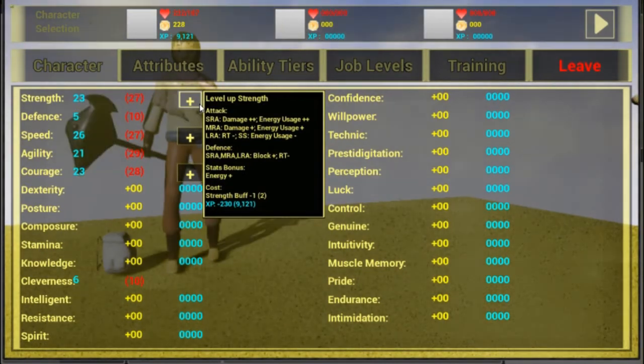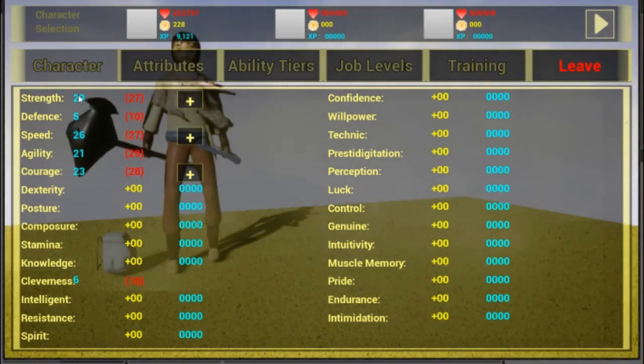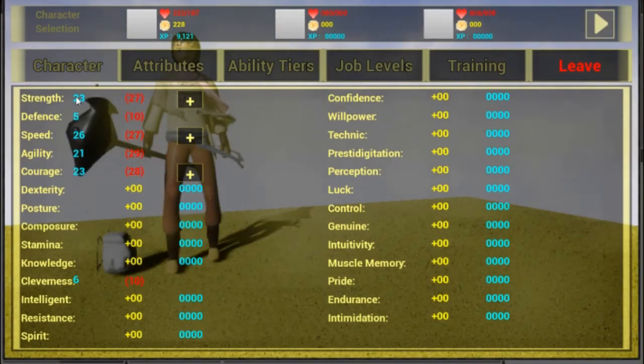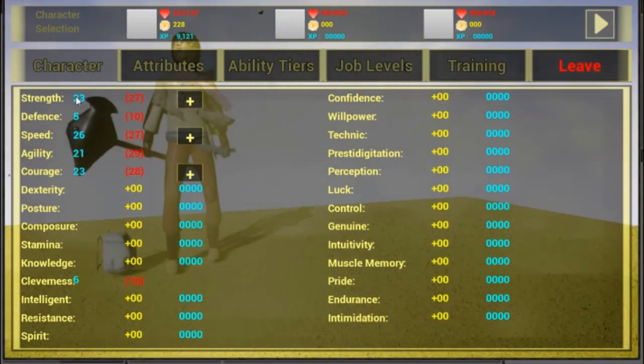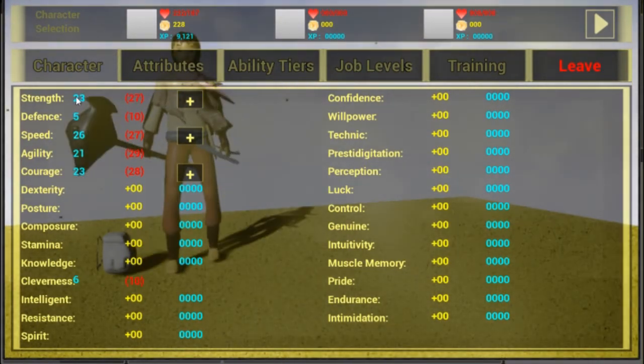It's the actual strength level times 10. So maybe I forgot to explain this one here. So we have 2 numbers here. The number here, the blue one, is the actual attribute that your character has, or not the actual. It's kind of like if you're stripped down to nothing. This is the raw